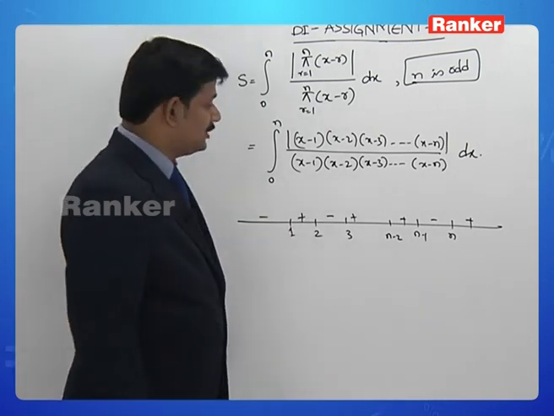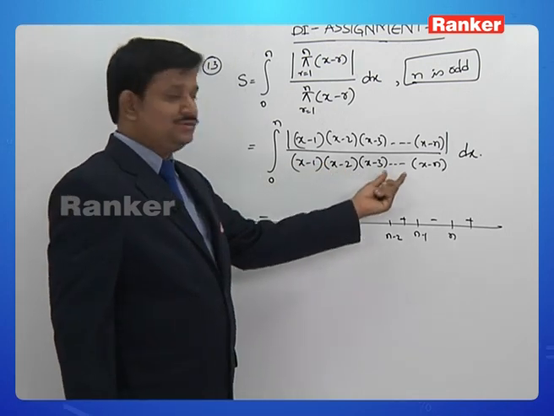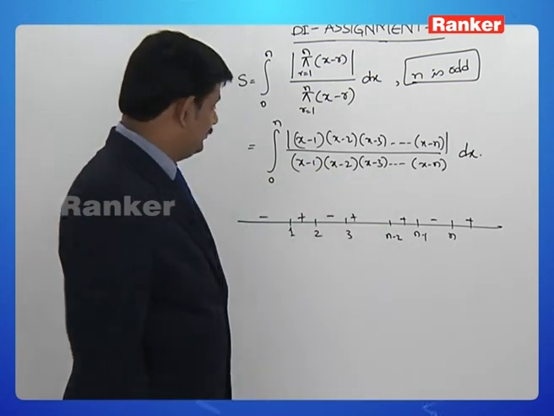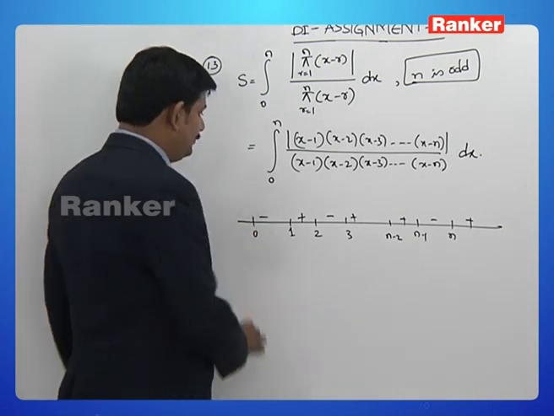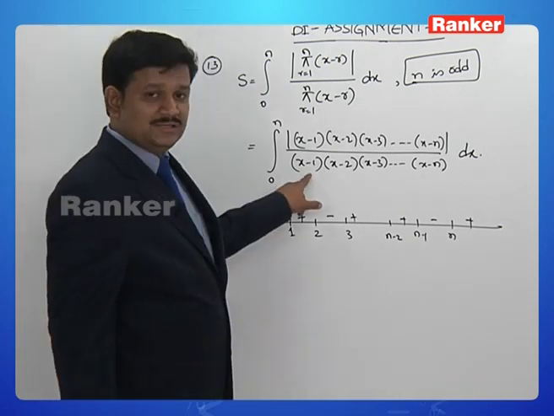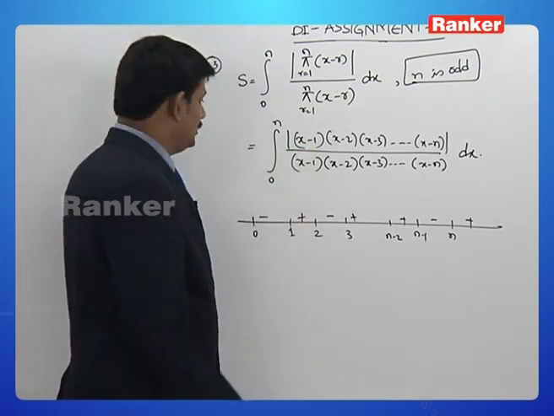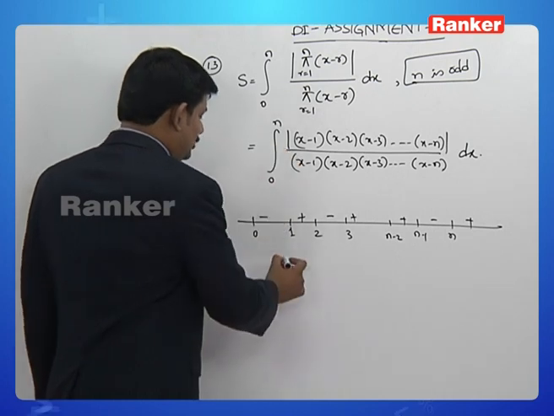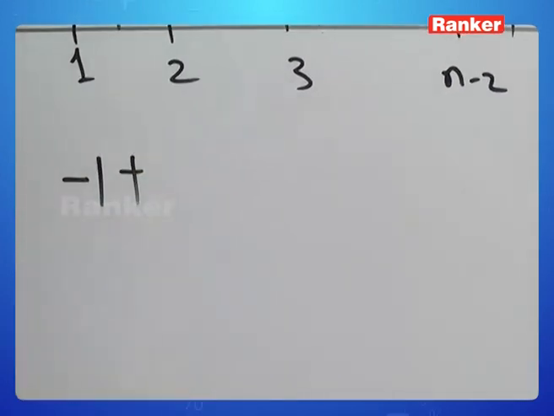So, this is the wavy curve nature of (x minus 1)(x minus 2)(x minus 3) and so on up to (x minus n). When we are integrating from 0 to 1, f of x is negative, so mod f of x by f of x will be minus 1, and the integral from 0 to 1 will be minus 1, plus the integral from 1